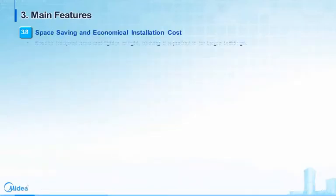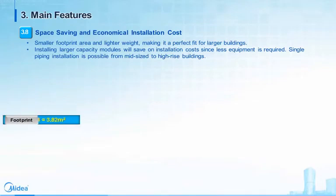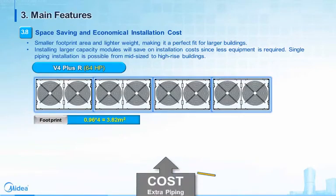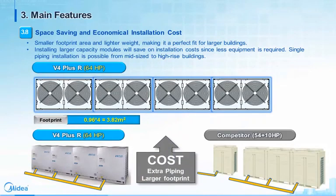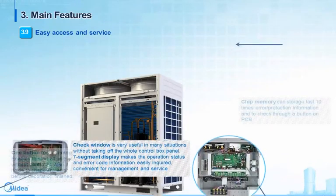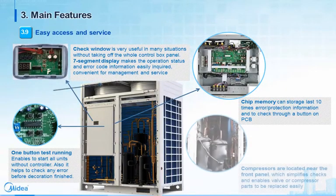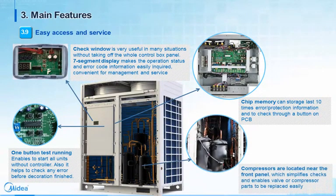Thanks to the higher capacity units, fewer units need to be combined together for a given capacity requirement, saving space and reducing piping requirements. The control box's inspection window enables the system status to be viewed easily, making maintenance easier. Another useful feature is the test button. When pressed, all the indoor units run in cooling mode at 17 degrees centigrade, providing a useful way to check